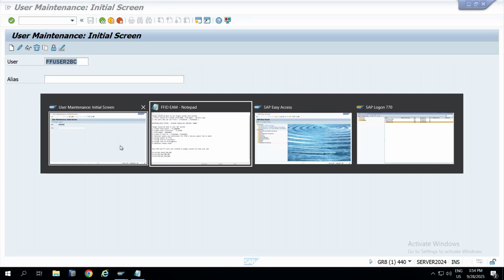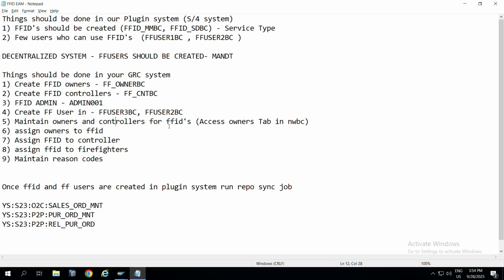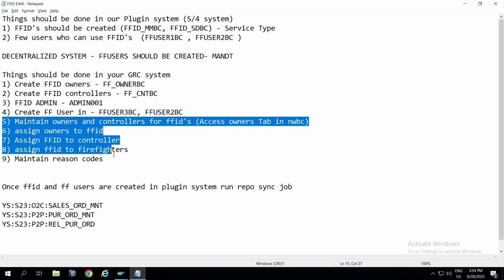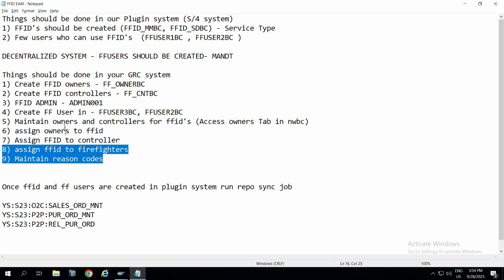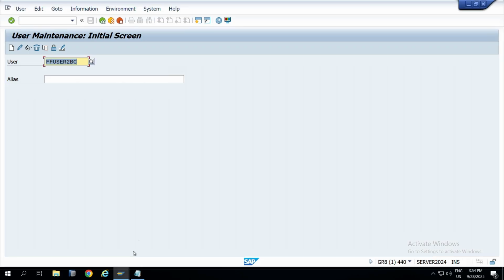Okay, so once all this is completed, here our main step starts once user IDs are created. Now I'm going to maintain owners and controllers for FFIDs, access owners in access tab. First you have to add them as owners, right? So let me log in to my,